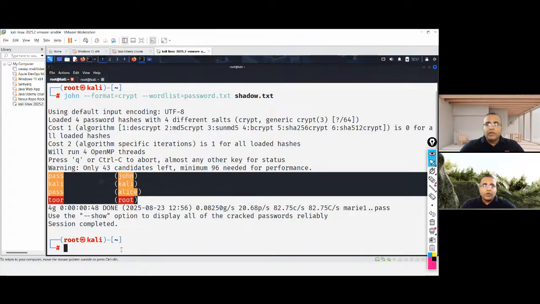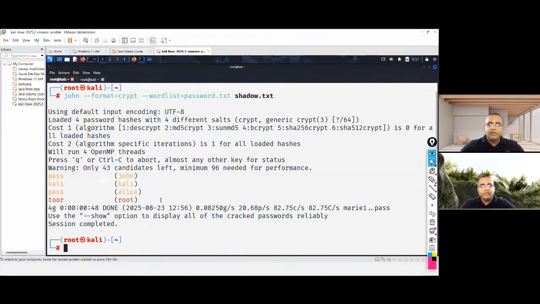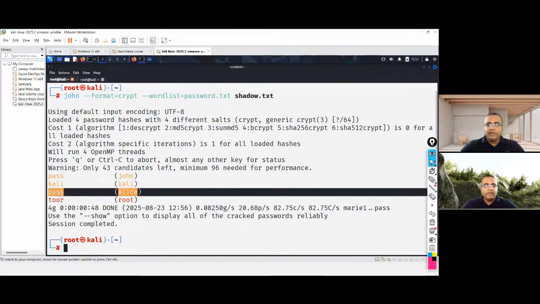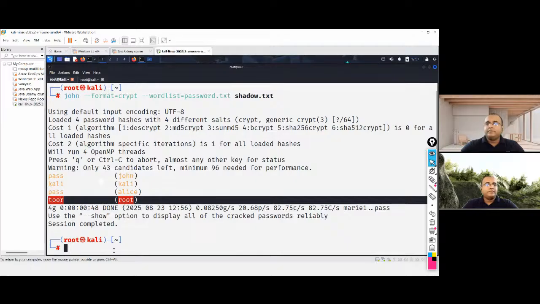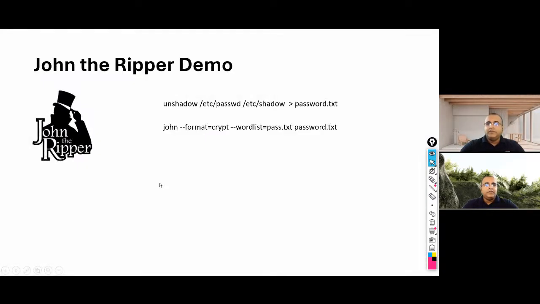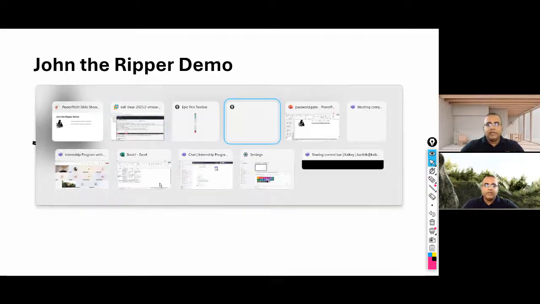So salt plays an important role, right? As soon as this becomes bigger, it is going to take more time. It is going to be very, very difficult to break. Still the same process, but it makes it very difficult to crack, right? So that concludes our password cracking today.